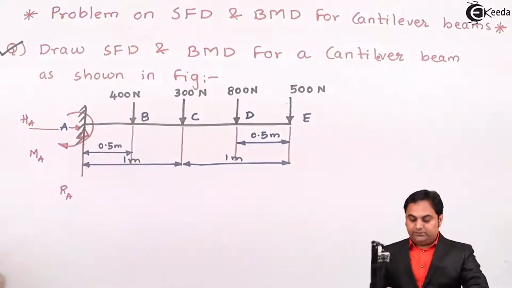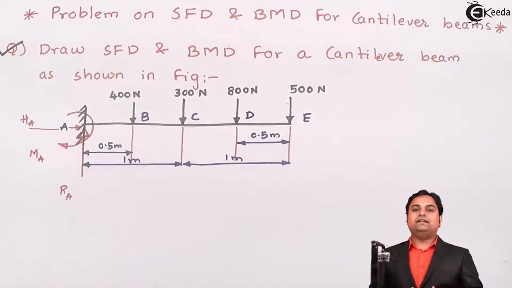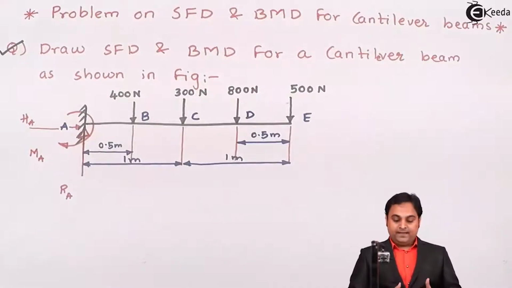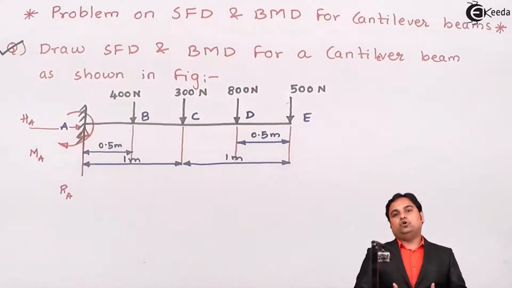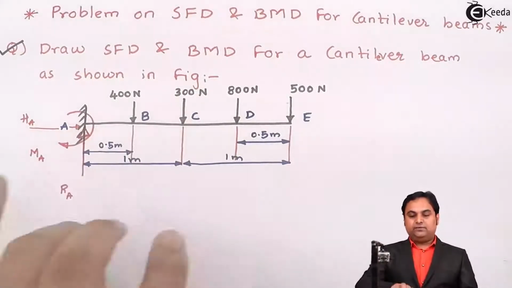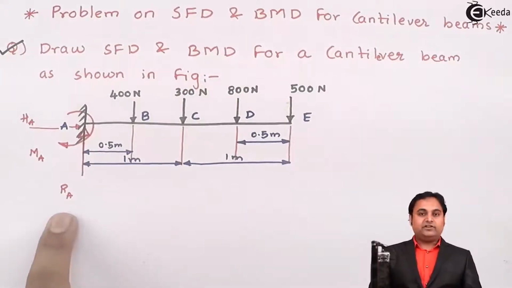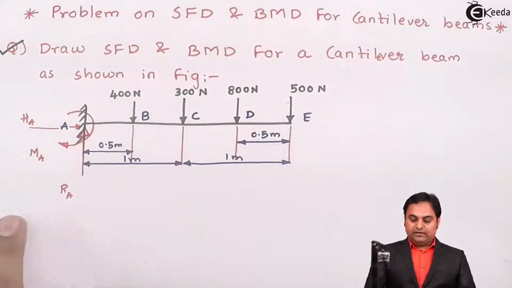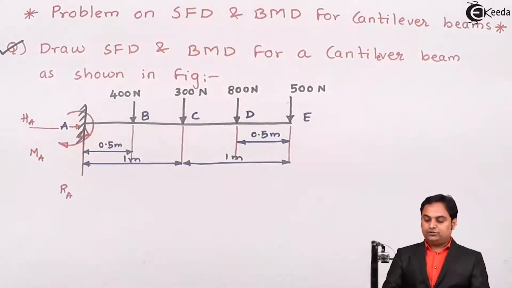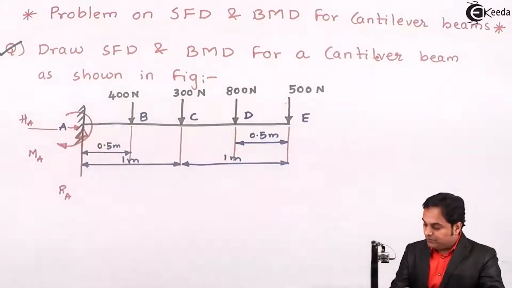clockwise direction. This is my assumption: the moment is acting in the clockwise direction, called the moment at point A. Whenever there is a fixed support, the beam cannot move in the horizontal direction. It cannot move at the fixed end in the vertical direction, and it cannot rotate also. So there is a reaction which is called the moment reaction at point A. First I have calculated Ra, now I will calculate the value of moment. HA will be directly 0 because there are no horizontal forces acting on this beam.